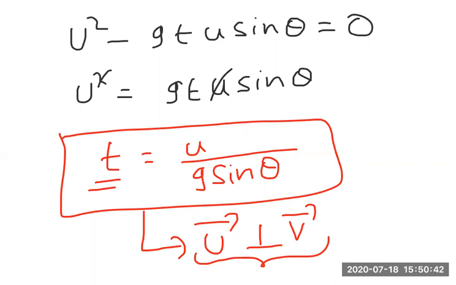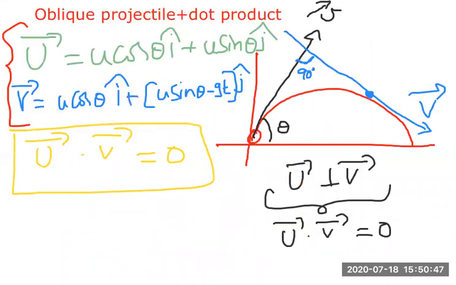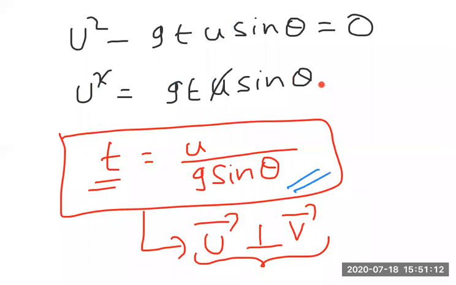So what is the time taken for the two velocity vectors to become perpendicular? Initially this is the position here. It reaches some point here, from here to here, like that it traveled. The initial velocity vector direction and the velocity direction at that instant are perpendicular. So at that instant, the time taken is t is equal to u by g sin theta.